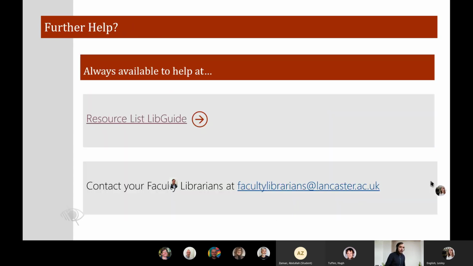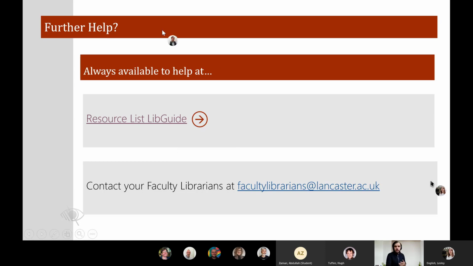Okay, so further help, I'm going to give you a little tour of a few of the other features of a reading list, but two things you can do. If you click on that there, we've got a LibGuide all about creating resource lists. You can go on that and it talks you through how to create a great resource list, styling, that sort of thing. Also, contact your faculty librarians. A lot of what we do is creating resource lists. We'll help you create them. The aim is always to encourage you to update your own resource lists, but we're perfectly happy to get you started, to create a little framework for you, and then you can go and populate it with whatever you want.